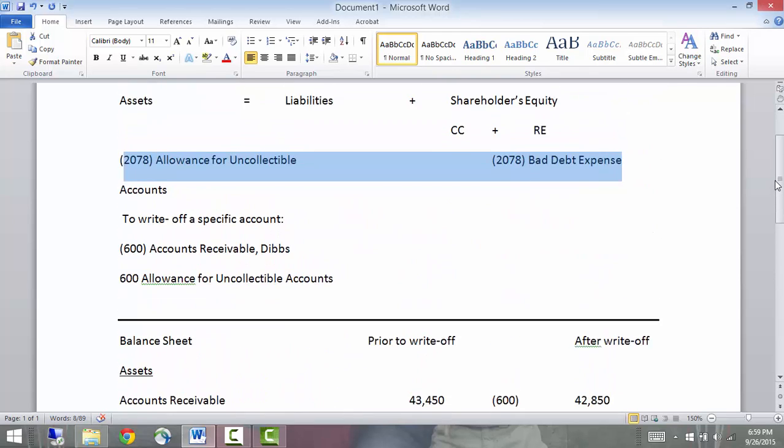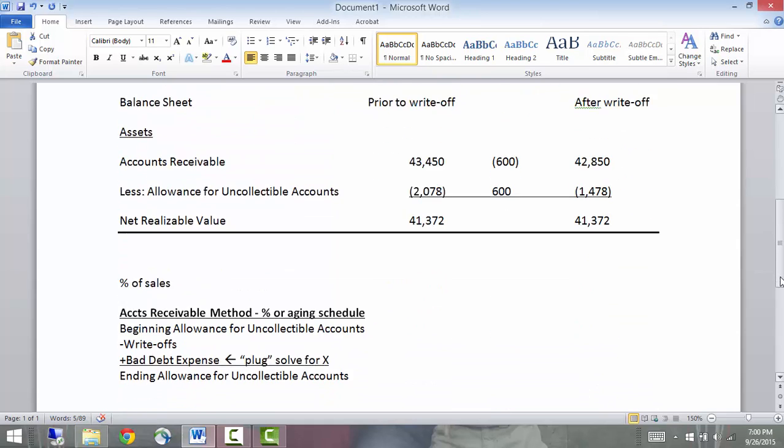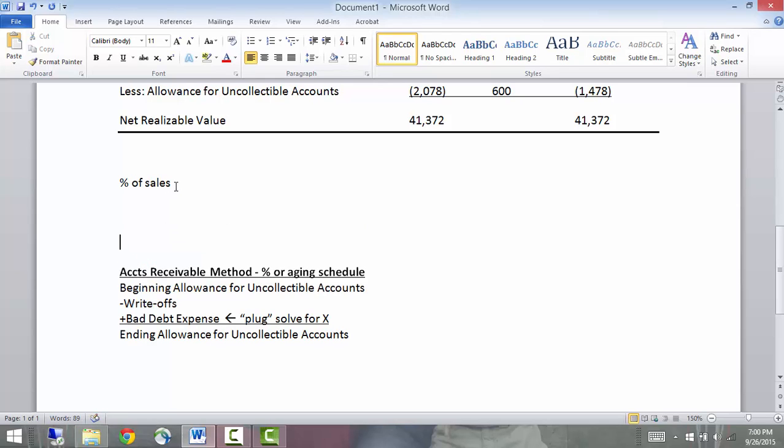see how this is. This would be your beginning balance, but then you had write-offs, and write-offs affect this allowance account because it increases it. And this formula already does that for you. So you have to do that. Now for a percentage of sales, you use the same kind of formula, but it's so much easier because you do not have to take into account any balance in your allowance account.